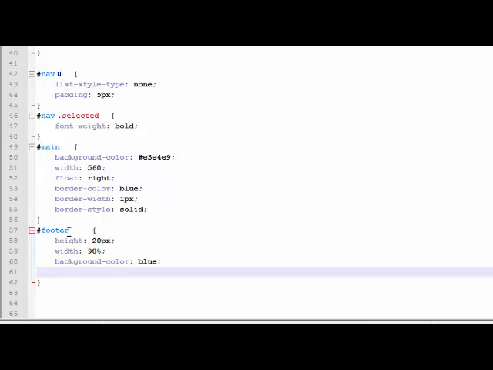And I'm going to make my, let's see what I want to do here. The text color. Remember, I've got some text in there, the copyright. So if I simply type color, I can write white, but I like to do the hex value for white, which is three Fs. Okay, so